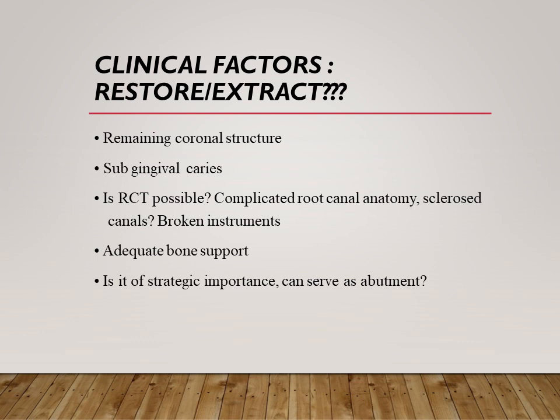So the simplest example is when you have to decide whether a tooth has to go for restoration or extraction. So you have certain criteria which have to be judged. The first is, for example, the remaining coronal structure. So you have to decide, in the long term, what kind of a patient is it? Is it a patient who is going to be maintaining good, impeccable oral hygiene, or is the patient going to be careless, not taking care of the prosthesis in future, and going to be careless or reckless with chewing habits,